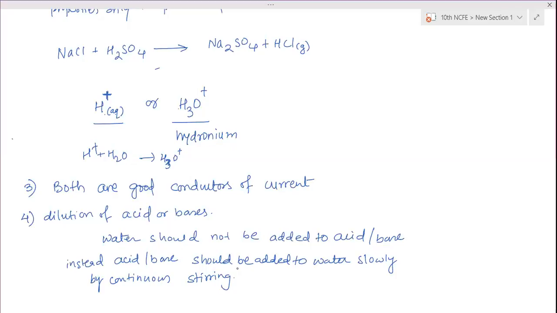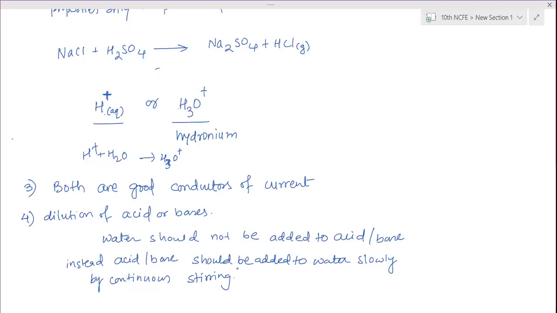But in the first case, the amount of water is less, so it will not be able to absorb the heat energy because the water is lesser in quantity. Therefore, it cannot absorb the produced heat energy. Due to that, temperature increases, and the acid or base converts into vapors. These vapors easily move throughout the space present. They will move freely. The skin of people standing nearby can react easily with these vapors of acid or base and can harm them.